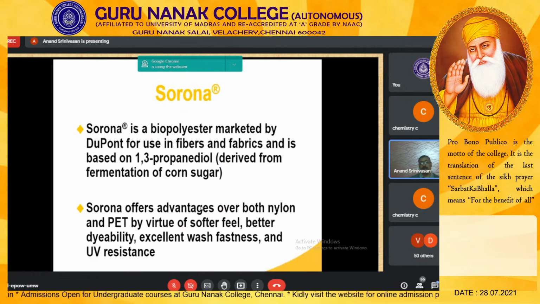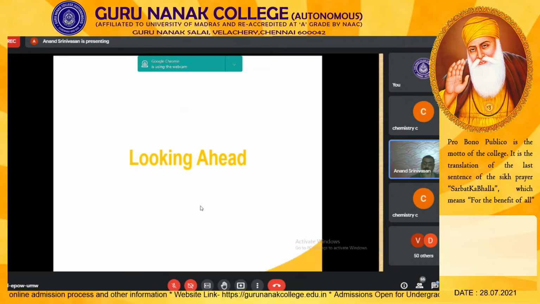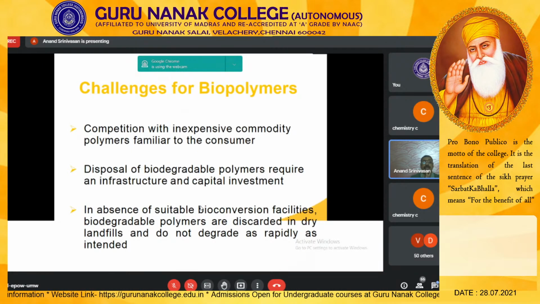So you can find application in textiles as well by switching over to this material, because it will attract the dye. So you can have a better color finish, excellent water fastness, and UV resistance as well. So when you are looking ahead at biopolymers, the challenges as far as biopolymers are concerned, the competition